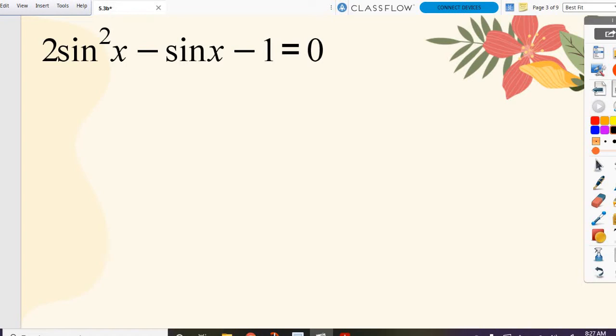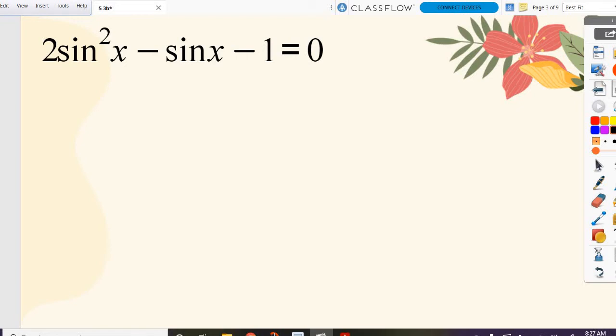So let's look at an example. So here we have 2 sine squared x minus sine of x minus 1 equals 0. So our first thing we should notice is that we do have a squared, okay? And we can't factor out the sine as a greatest common factor because we do have a constant of 1. But what we should notice is that this is in quadratic form because I have 2 sine squared minus sine